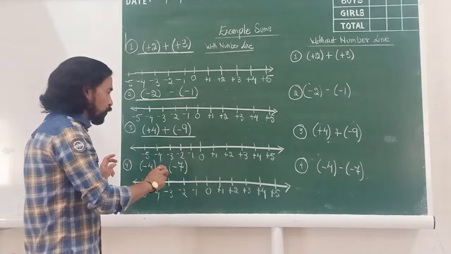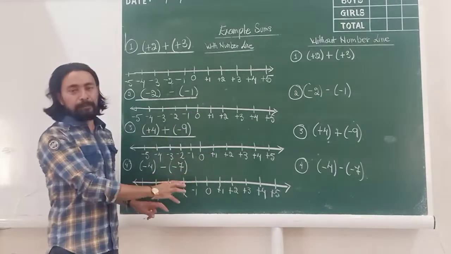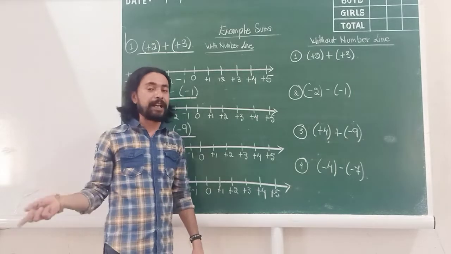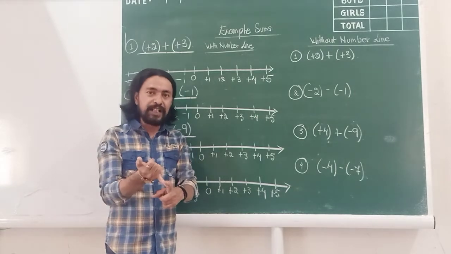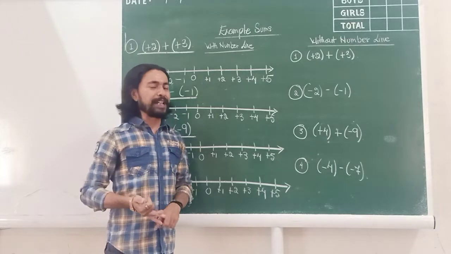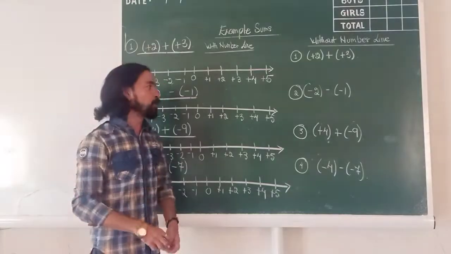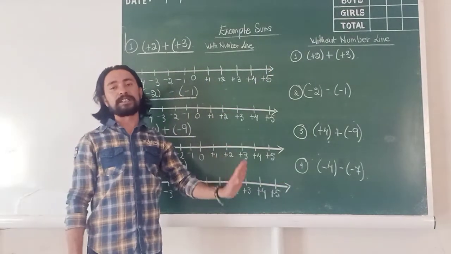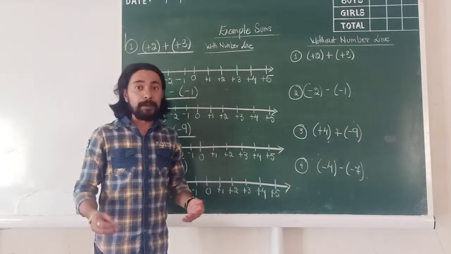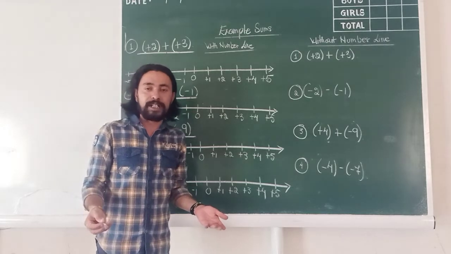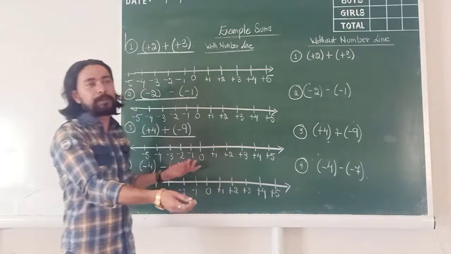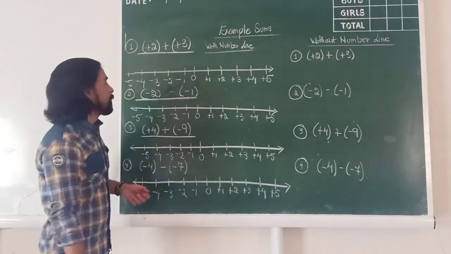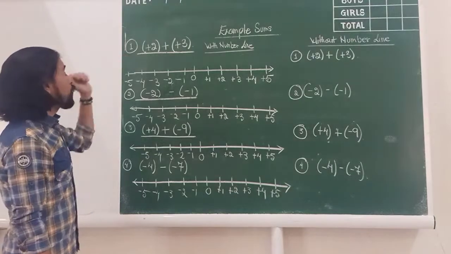Now I will show you how they work out on the number line, and how the two rules that I explained to you yesterday, of addition and subtraction and multiplication and division, help us to do these sums without using the number line. Because the number line is not possible for all our workings, because the numbers are big. They won't be able to be fitted or written on the number line. So, let's go to our first sum.